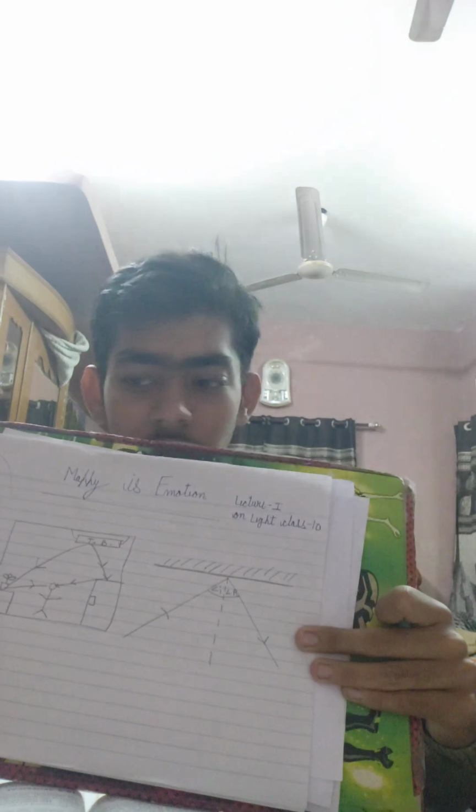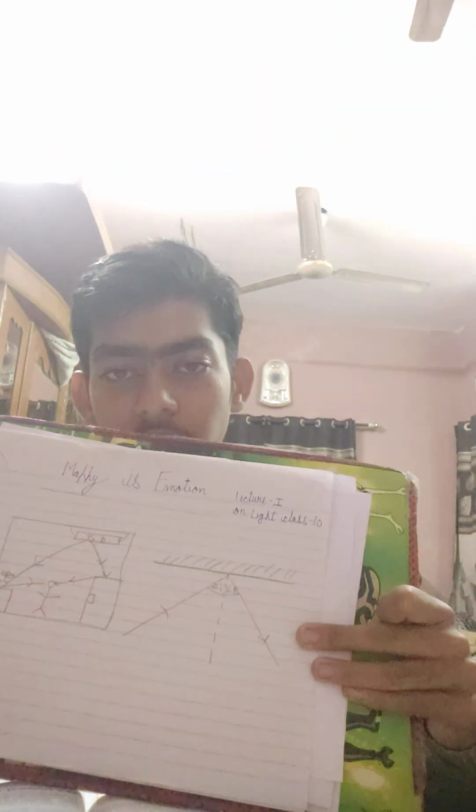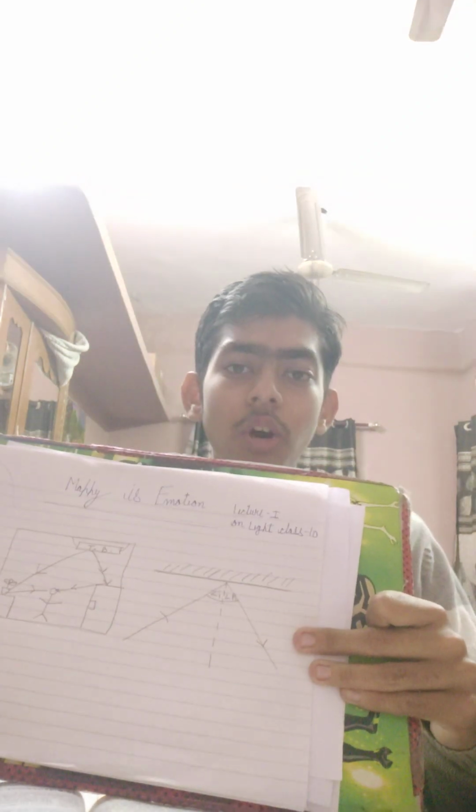This ray is known as the incident ray, the ray of light which is striking on the surface. And the ray of light which comes back after striking is known as the reflected ray. Now you must be wondering, what is this dotted line? This is known as the normal. This normal is just an imaginary line, not a ray, which we make so that we can make angle of incidence and angle of reflection.